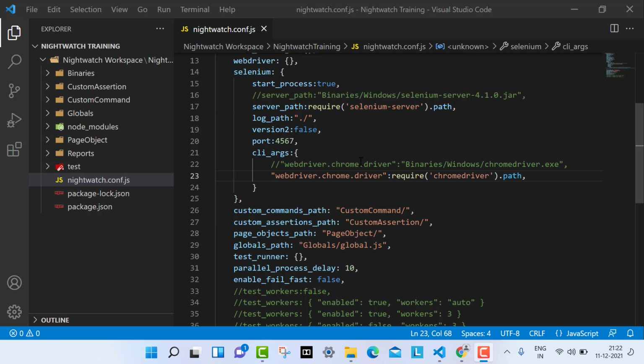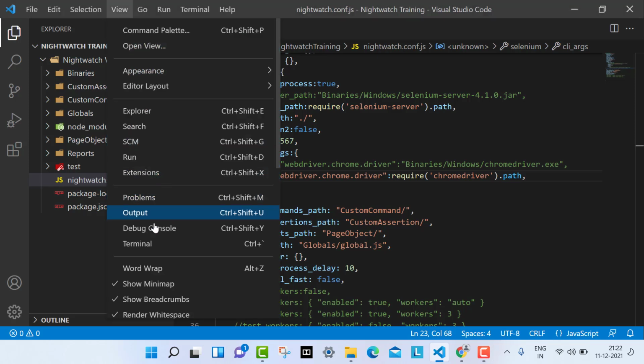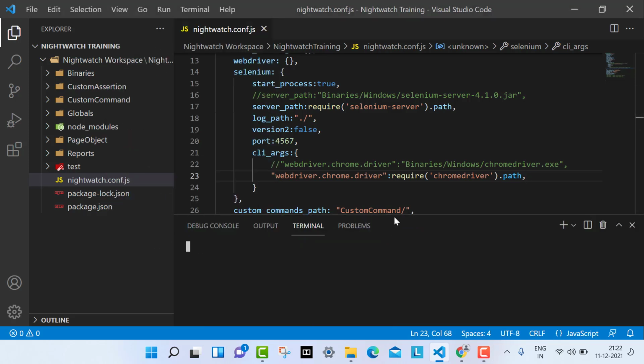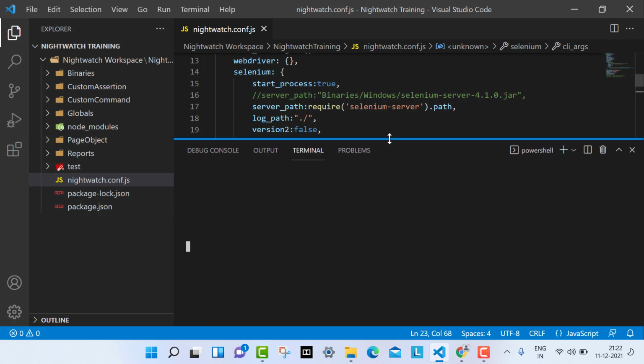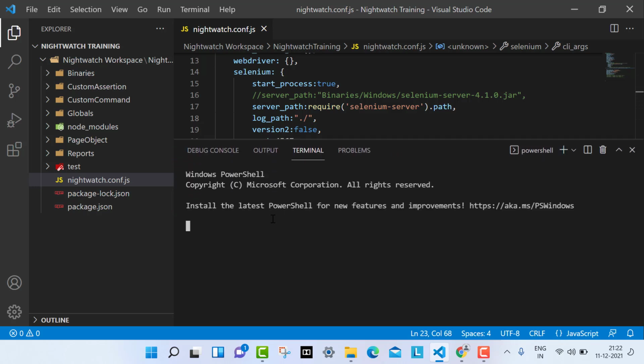So what you have to do is just come into the main project folder, and if you do it in the same way to install it, it will install there. So let me show you how to install it in the project folder, and I will show you the package.json also. Okay, so I'm opening the terminal here,